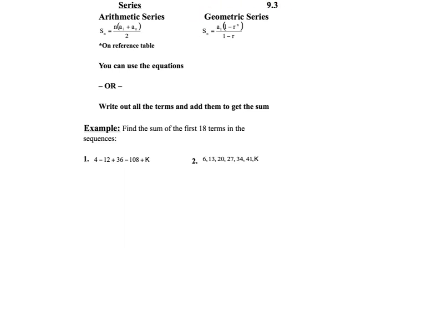Geometric series are actually easier than arithmetic series. But there's two ways you could do it. You can use the equations that are on the reference table, or you can write out all the terms and then add them up. That's the easier way of doing it. But you have to make sure when you're adding them up, you're adding them up correctly. For whatever reason, when this was copied, these changed to K's instead of